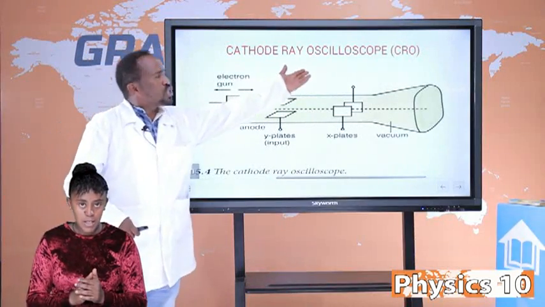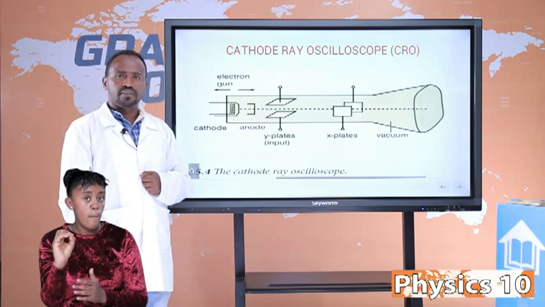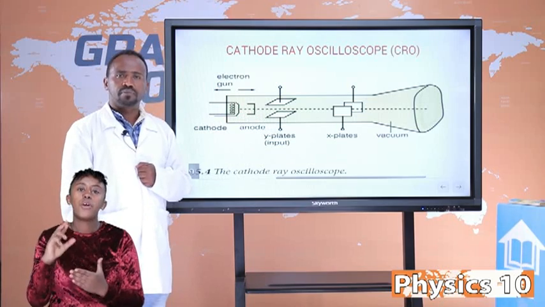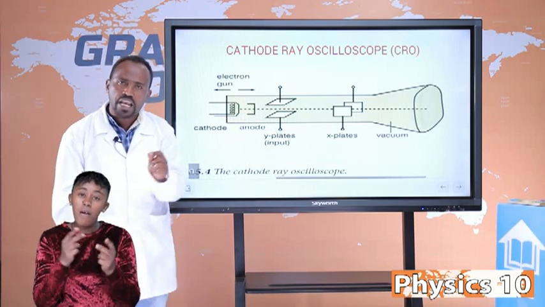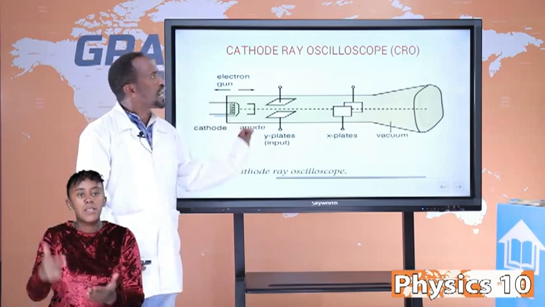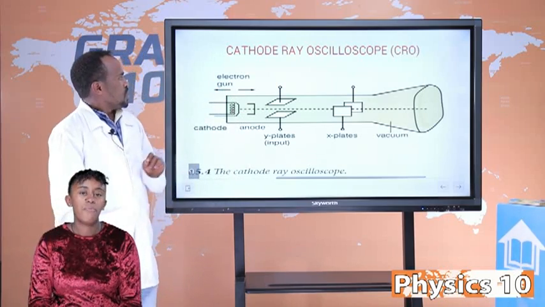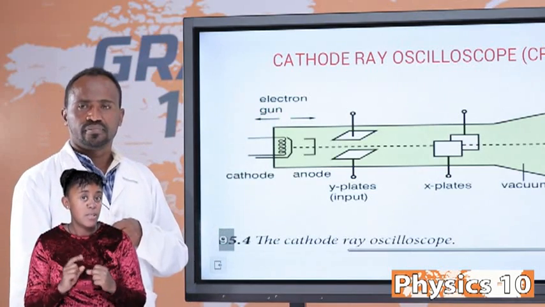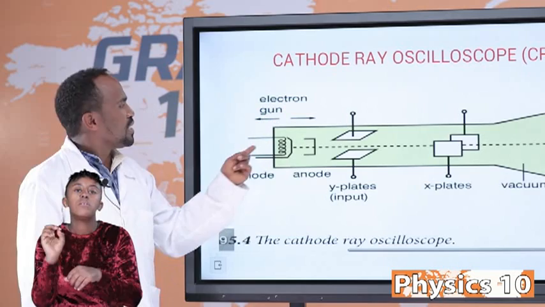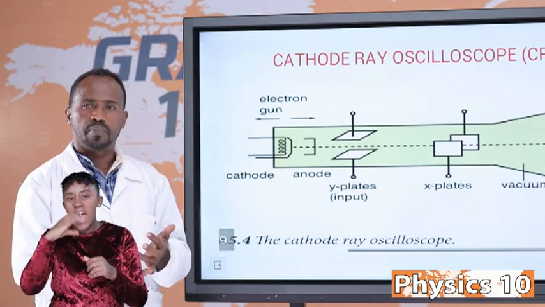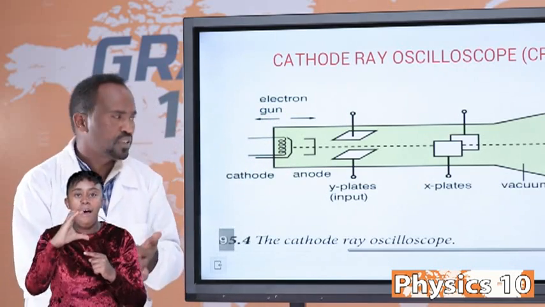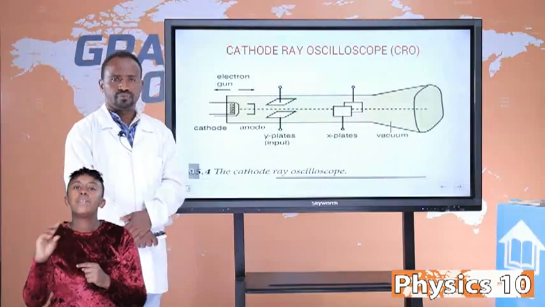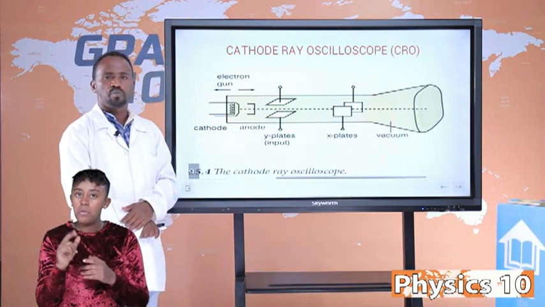Let's see the cathode ray oscilloscope. Students, let us see each part of this cathode ray tube. Please pay attention carefully. It is very important to know this cathode ray oscilloscope. This cathode ray oscilloscope has an electron gun. The electron gun contains the heater first, the cathode second, and third, anode 1 and anode 2, which are not mentioned in this graph.